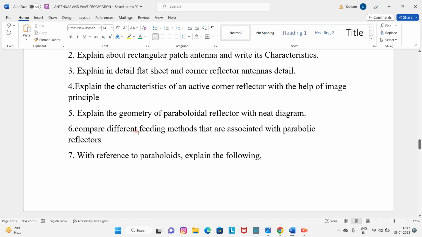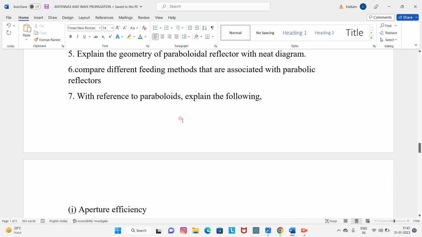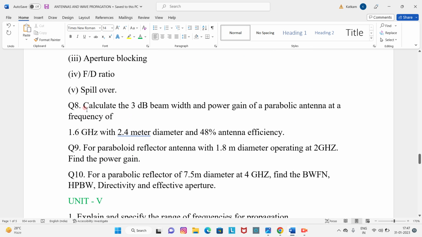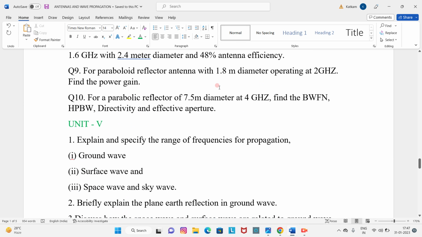And eighth question, calculate the 3 dB beam width and power gain of a parabolic antenna at a frequency of 1.6 GHz with a 2.4 meter diameter and 48% antenna efficiency. Ninth question, for a parabolic reflector antenna with 1.8 meter diameter operating at 2 GHz, find the power gain. And 10th question, for a parabolic reflector of 7.5 meters diameter at 4 GHz, find the BWFN, HPBW, directivity and effective aperture. And last and final unit, fifth unit: explain and specify the range of frequencies for